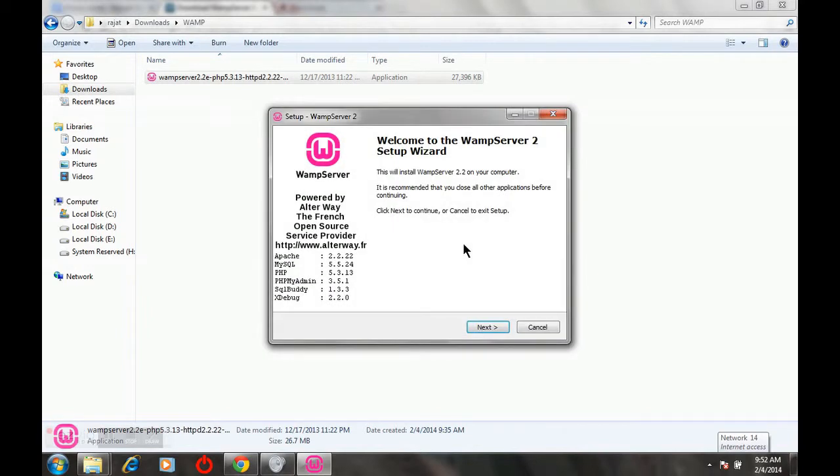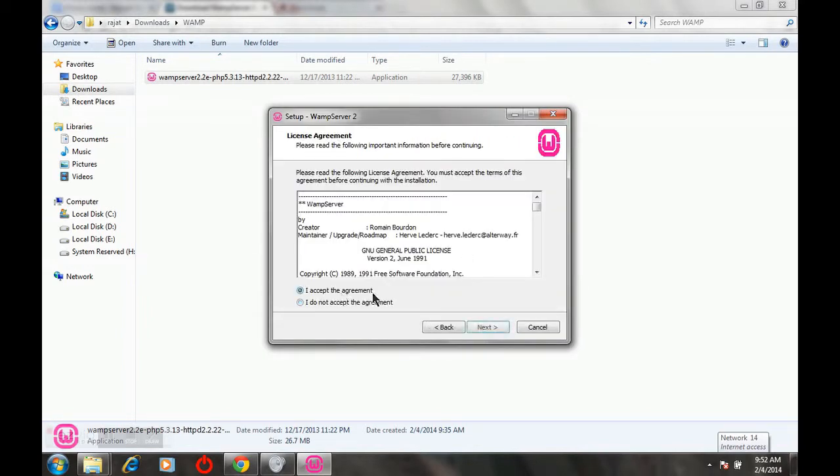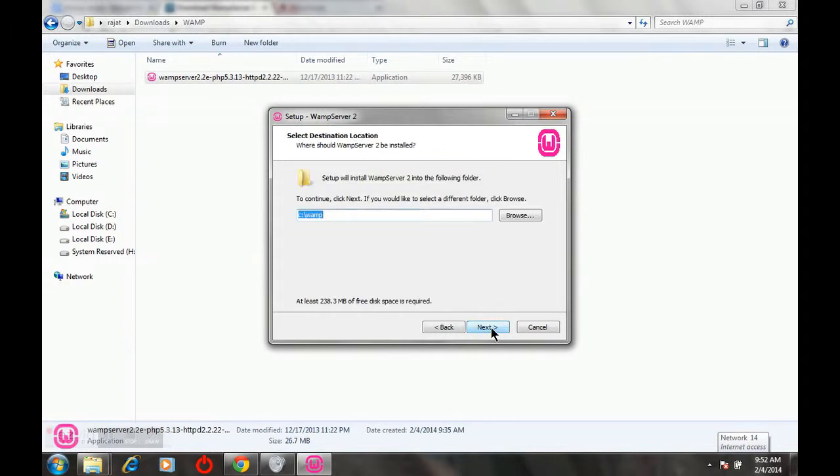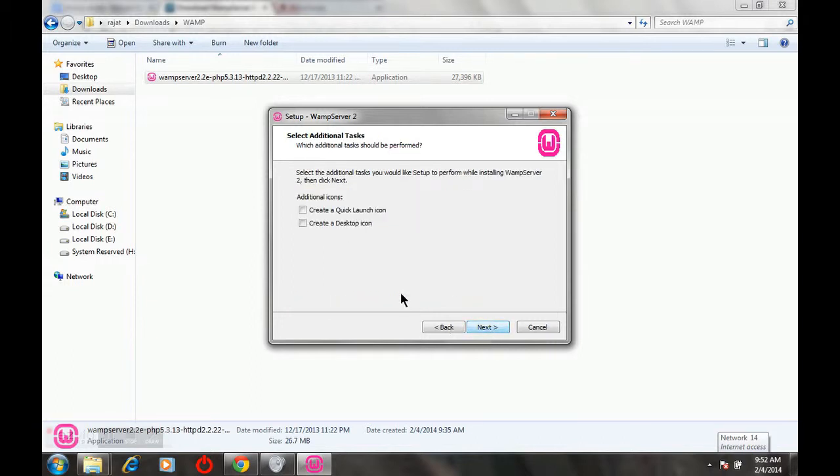The installation window for WAMP will open. So click on next, accept the agreement, and this is going to install WAMP inside the C drive WAMP directory. Click on next, and if you want to create a desktop icon, select this, and once this is done, click on next and click on install.